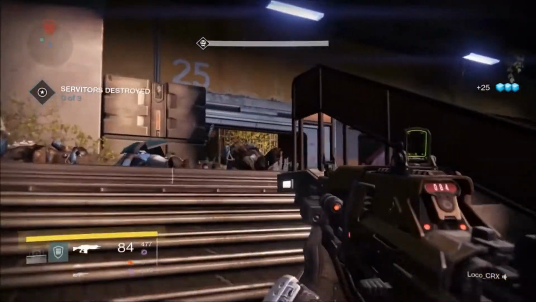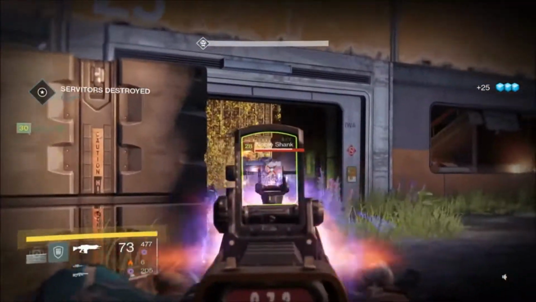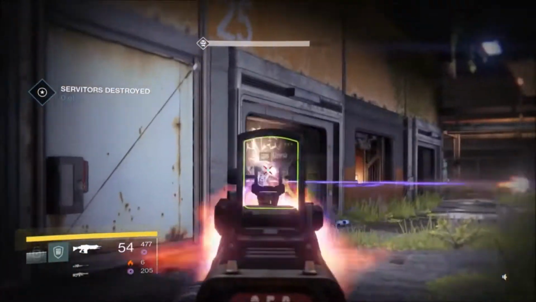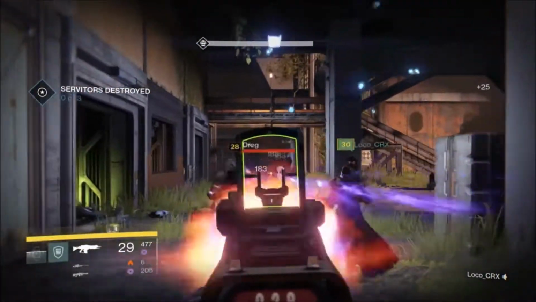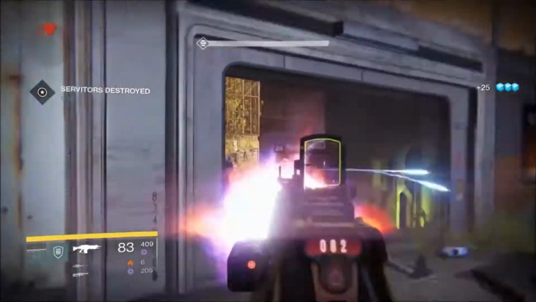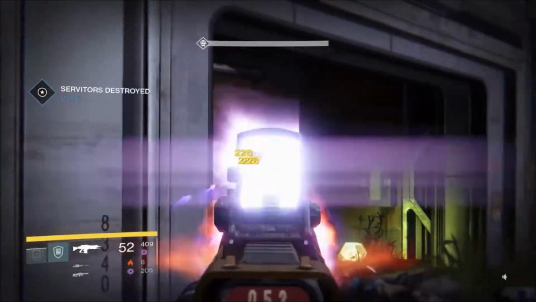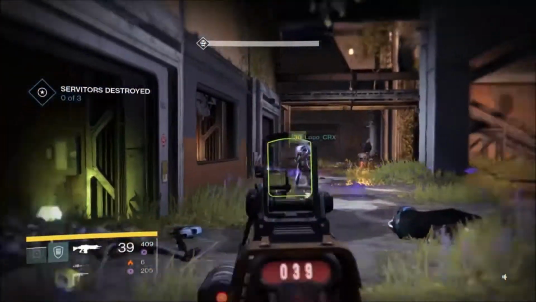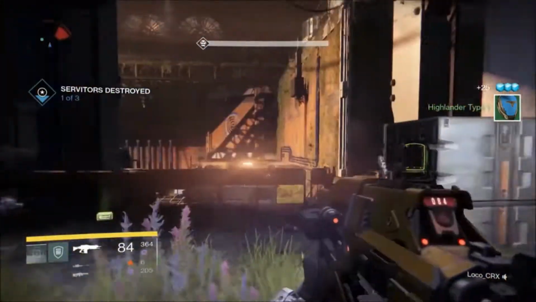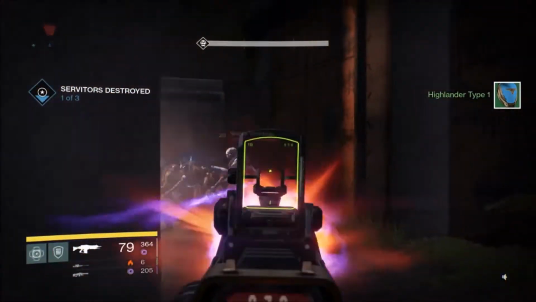But for the rest of the fight you'll see us using this weapon here, Atheon's Epilogue. This is a primary weapon, an assault rifle, that you get from the raid, and it has void damage with it. You can see the damage output there is pretty high. We're getting about 200 at least for a crit on servitors. You know, the void burn